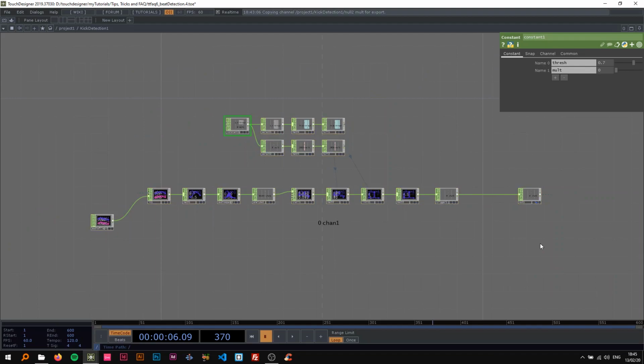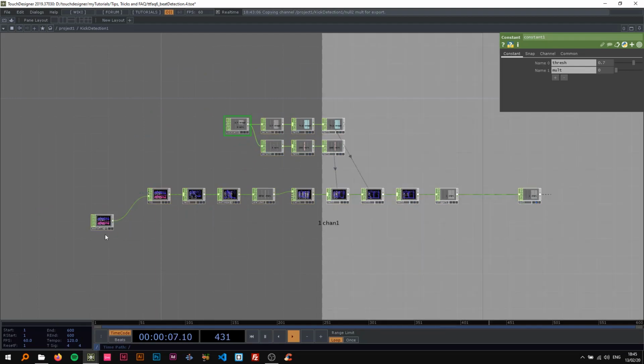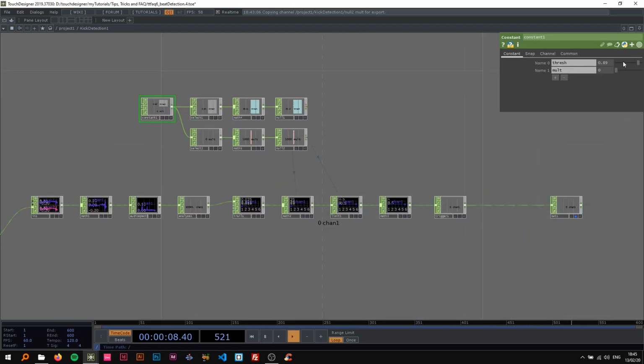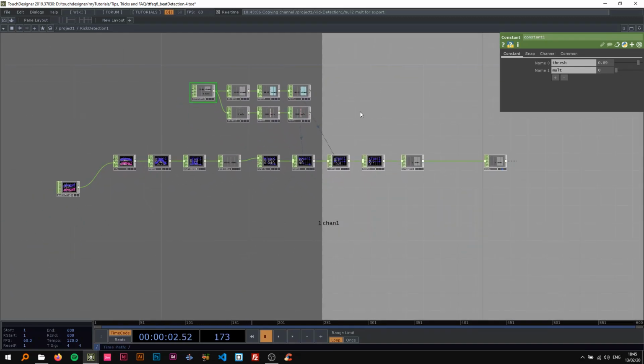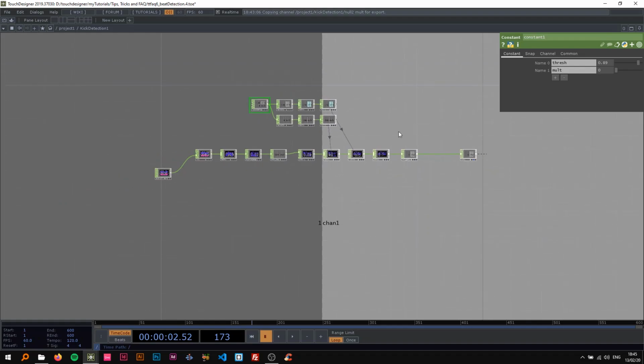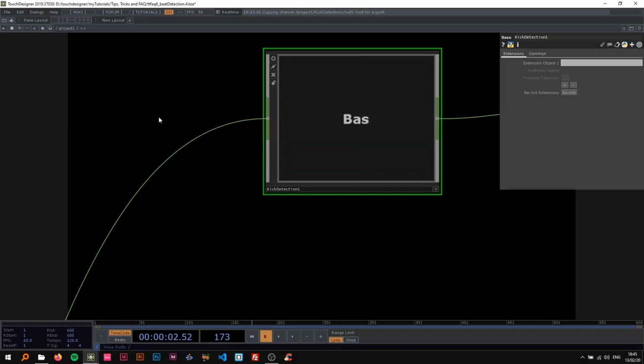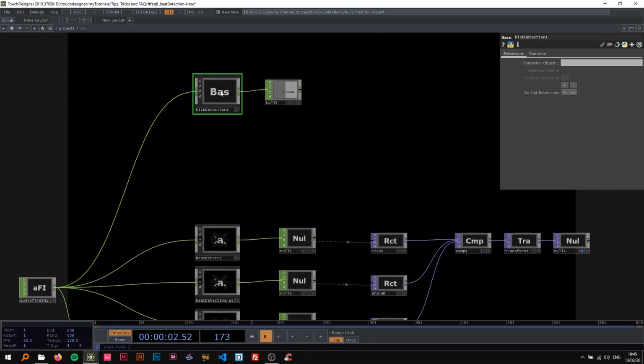This is the whole setup for the kick, and it's actually working very well, and I've tried this with different songs. You really just need to change the threshold for the kick to determine how much audio data you're gonna get into account. What I'm gonna do now is save this and copy paste this kick detection and just call it snare detection